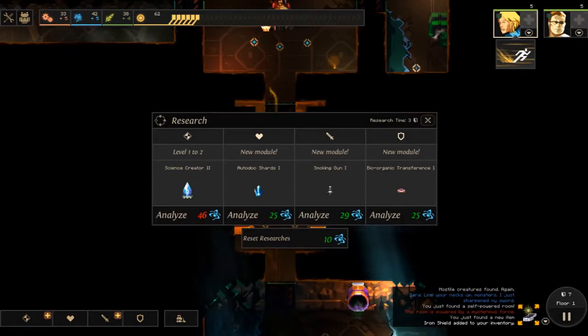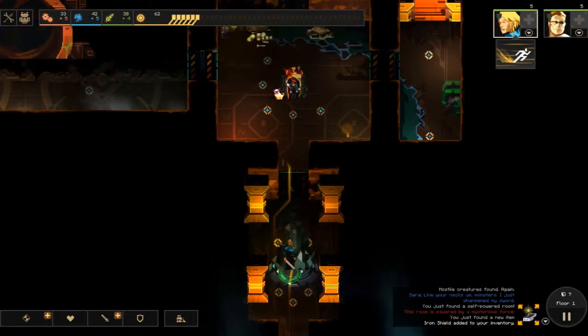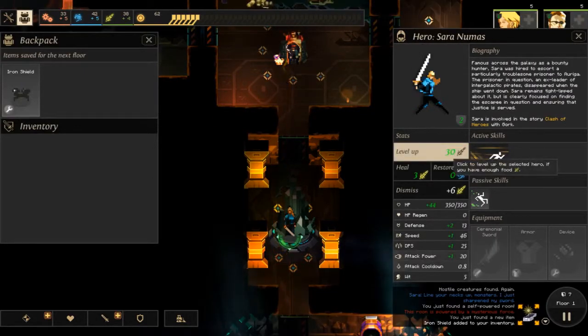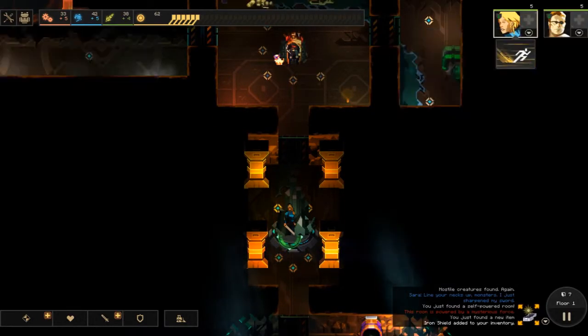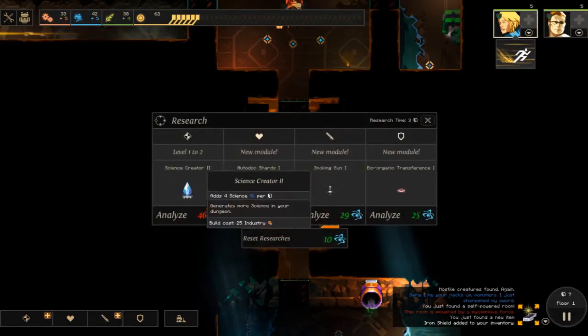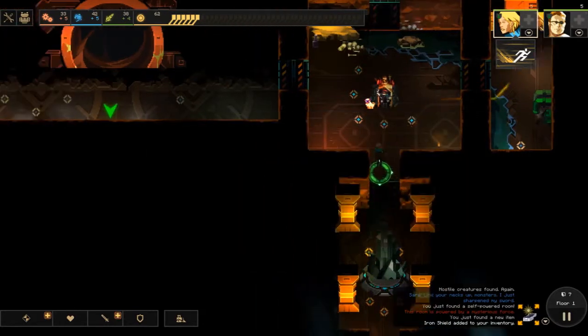And if you get a food replicator, you get more food that you can use to level up your people. But a science upgrade is something I wouldn't gloss over,